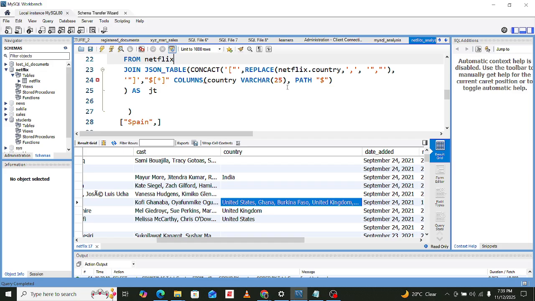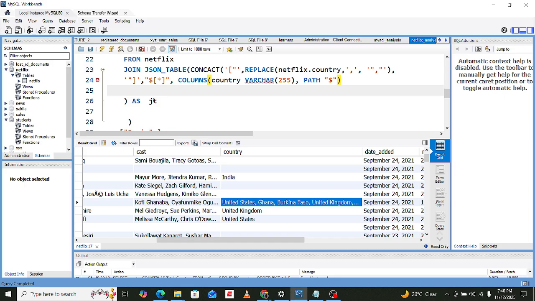And then you can enclose that. You can have 255. It's supposed to be 255. Let's see these. I'm hoping we are getting it right. As JT.